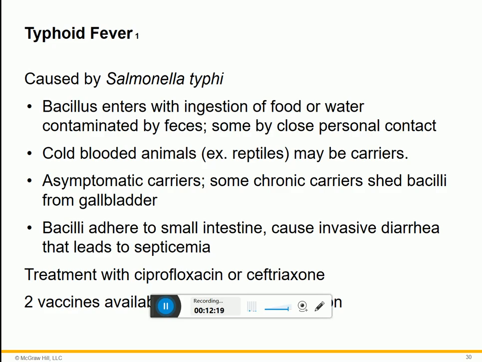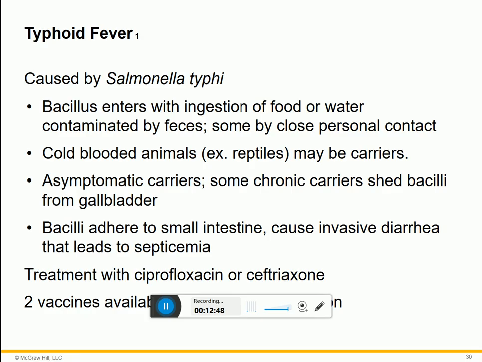It leads to a disease called typhoid fever. It's caused by Salmonella typhi. It is due to the ingestion of contaminated food or water, and the infection happens through the fecal oral route, meaning that somebody who is shedding this bacteria in their feces, and then later on they had to prepare food without properly washing their hands first, and that food is now contaminated and somebody ate it and so on, they